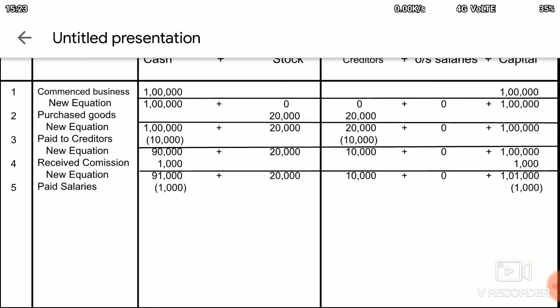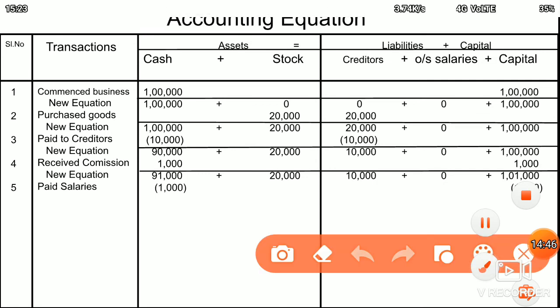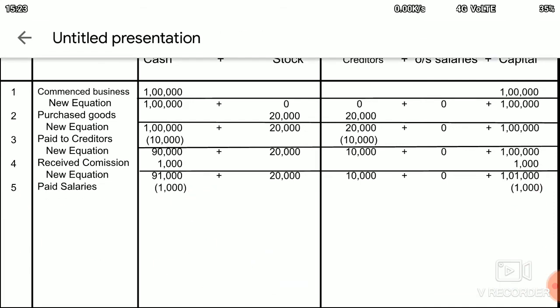So if we place this in our accounting equation, number 5, paid salary, we will decrease the cash by 1000 rupees. On the other hand, we will decrease the capital by 1000 because salary is an expense. So the new equation is,